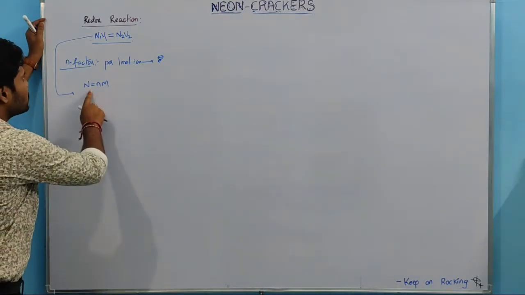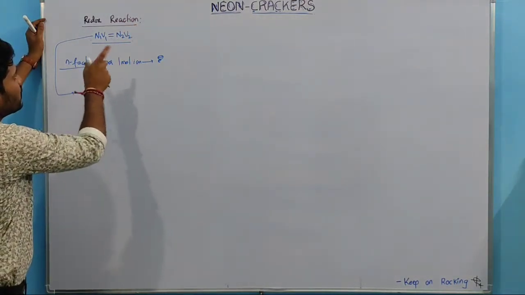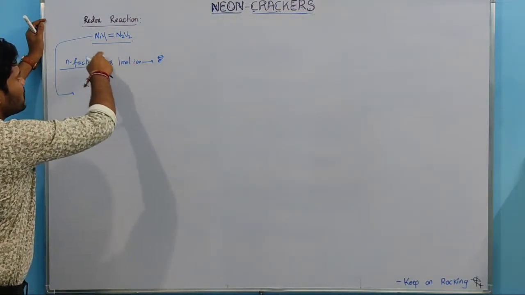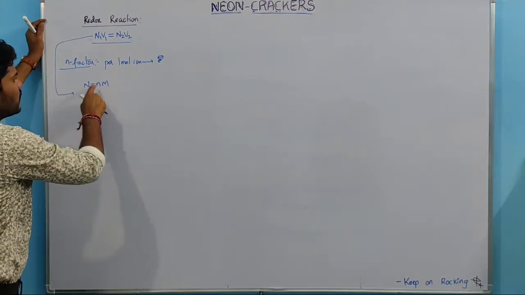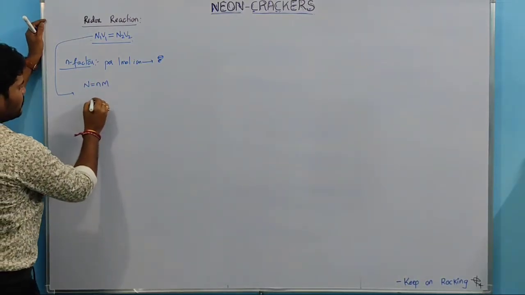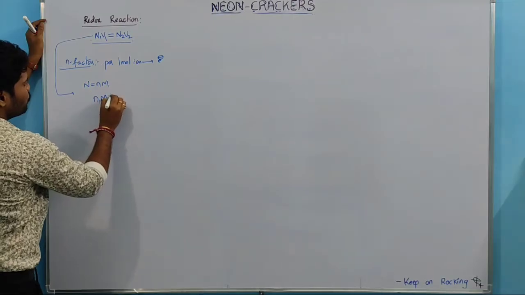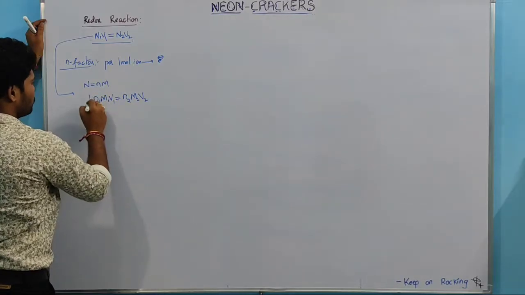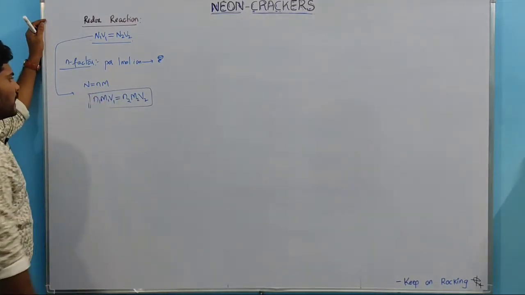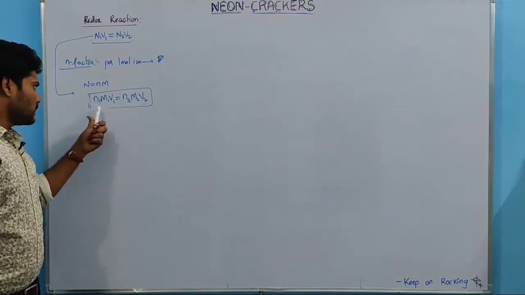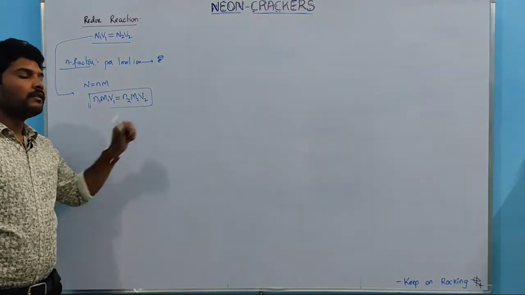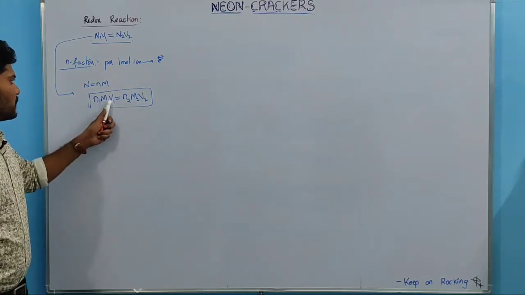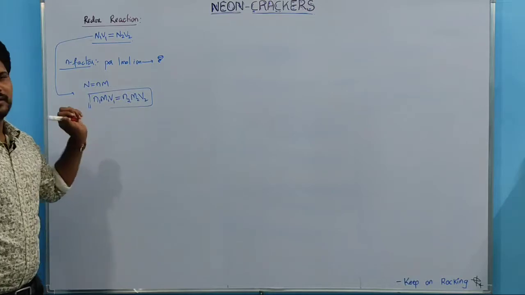If normality is not given for the redox reaction, how to find the neutralization reaction? So this is N1V1 equals N2V2, but instead of normality you can write what? N factor into molarity. That is simply N1M1V1 equals N2M2V2, right? What are N1 and N2? N factors of each reaction. Suppose one is for oxidation, another would be for reduction. Next, molarity, volume. If it is ml, it should also be ml. If it is liter, it should be liter. That is the logic, right?